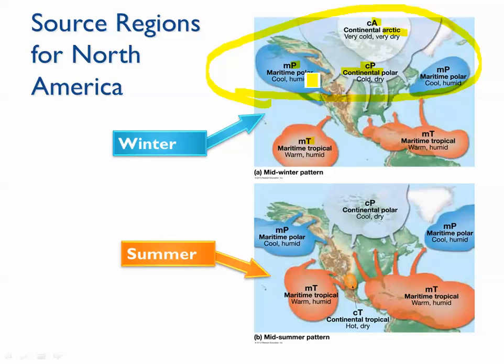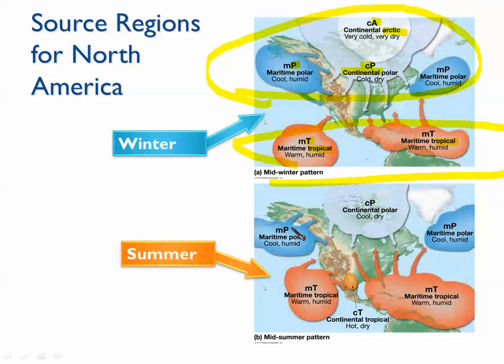So maritime polar, moist and cold. Continental polar, dry and cold. Okay, so down here in the south, now, we have tropical air masses, and that's going to be warm. So we have maritime tropical, warm and humid, warm and moist, coming in from the Atlantic and the Pacific and